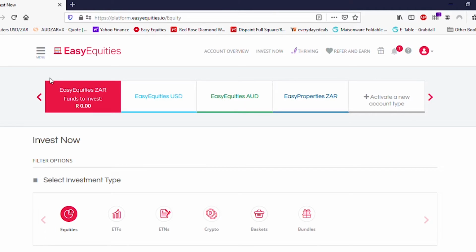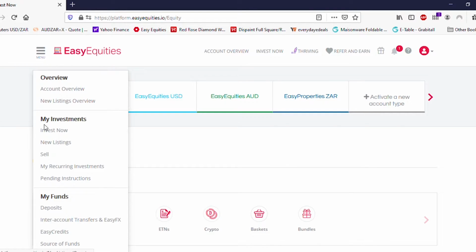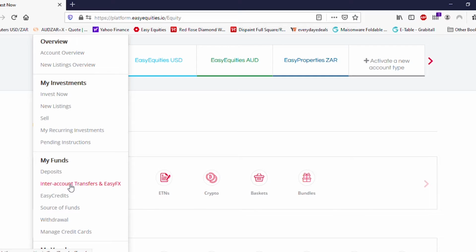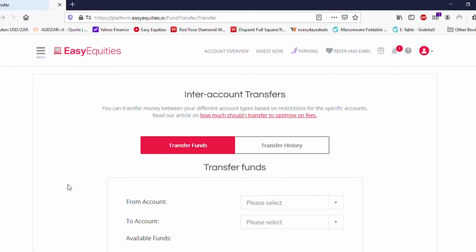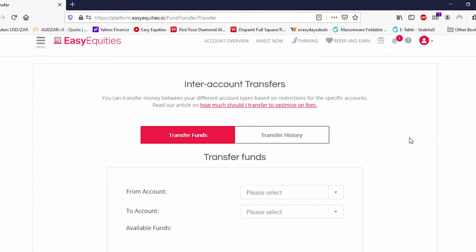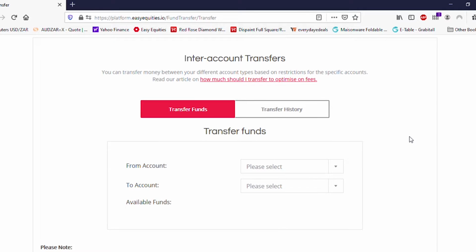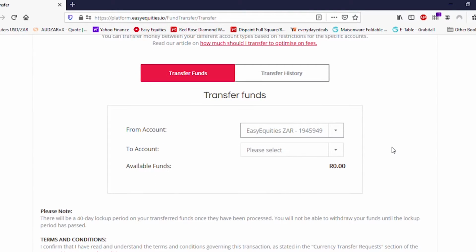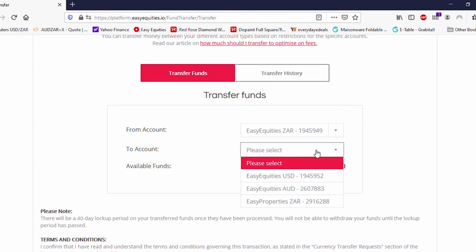We're going to go to the top left again, go to menu, and we're going to scroll down to inter-account transfers, EasyFX. Okay, so now we're at the inter-account transfer page. We're now going to choose our ZAR account. Okay, at the moment I don't have any funds loaded. We're now going to choose the US dollar account. At this point here,